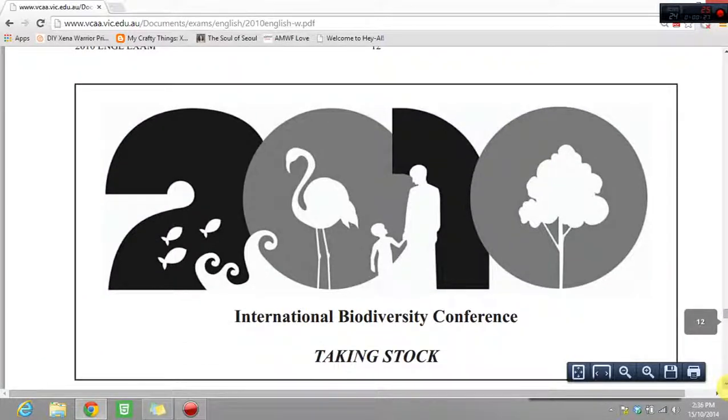So over here with the opening image, we have 2010 with some white silhouettes. Now, a couple of things you can pick out of these silhouettes is that there is a variety of flora and fauna. So flora being the tree life, and fauna being the animal life. One of the main things I would pick out is this white silhouette here between the parent and child, or the adult and child. The way that the child is holding the adult's hand and looking up to them suggests that these adults in the community have a great responsibility to protect the flora and fauna for the future generations.